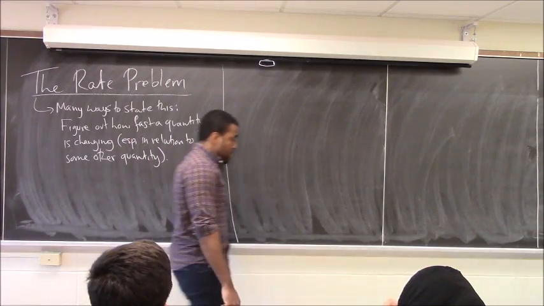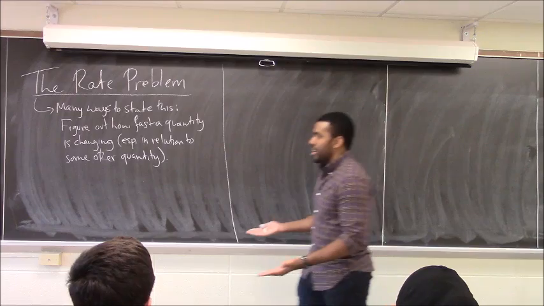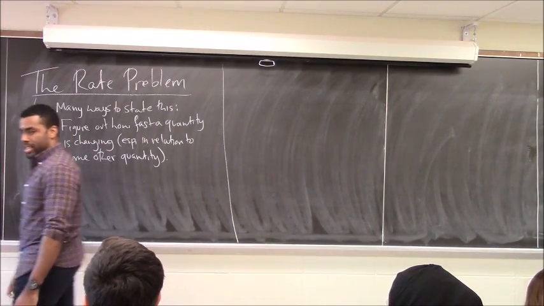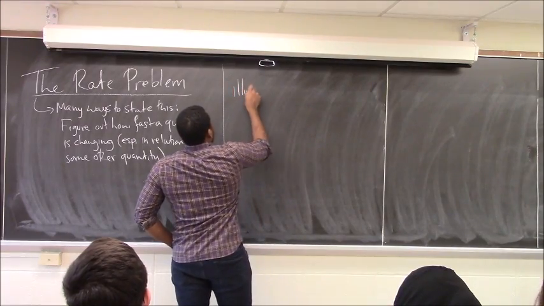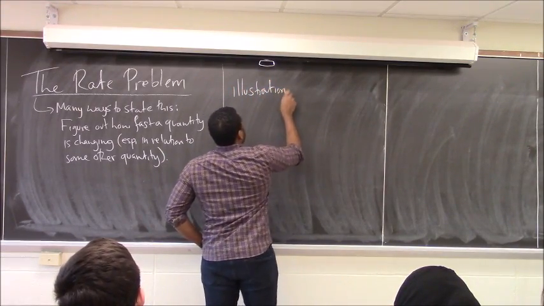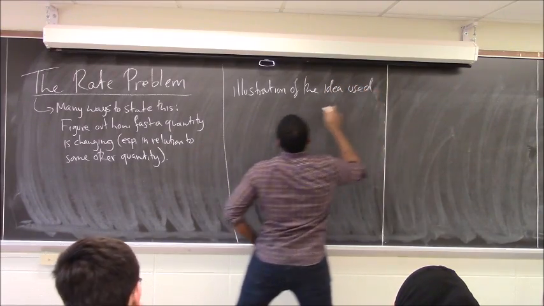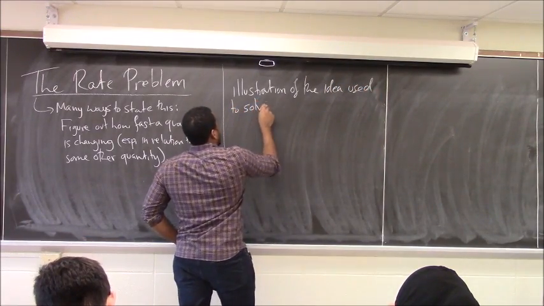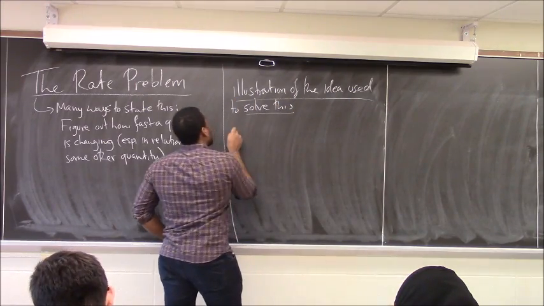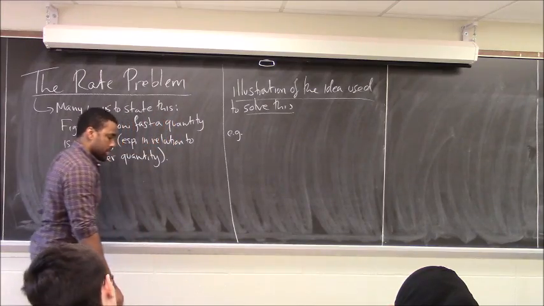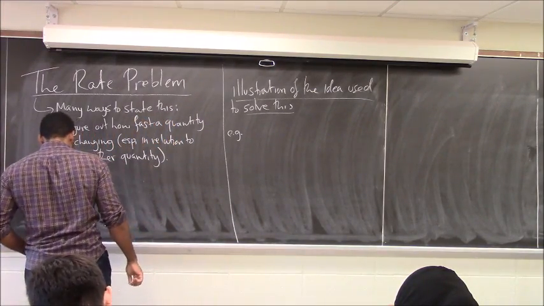Now, it's a very vague question, so you might ask, how could you come up with a general way of figuring out actually how fast something is moving? Let's illustrate the idea that we're going to use. So we're going to start with an illustration. It's going to be an example, and we're going to make it very suggestive. And I've probably given a similar example to this already, but